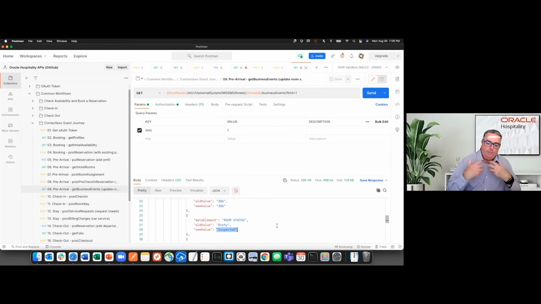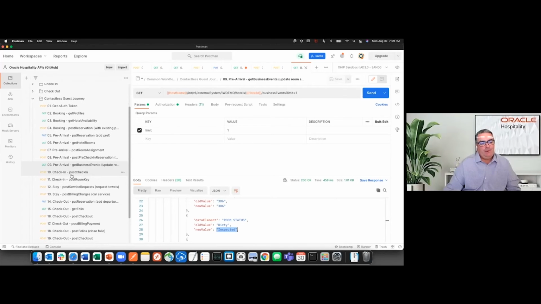So as the mobile application sees this information, they can now send a message to Anne to say, your room is ready. We're expecting you, Anne, and we look forward to welcoming you when you're ready to come into the hotel. No need to even stop by the front desk. You can check in right now and we can issue you a digital key. And I'm going to show you how to do that right now with the next step in our journey,